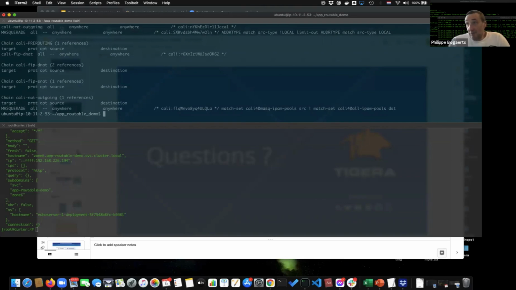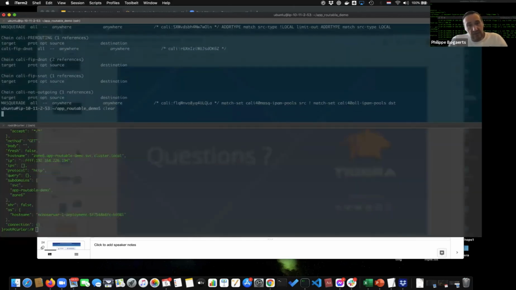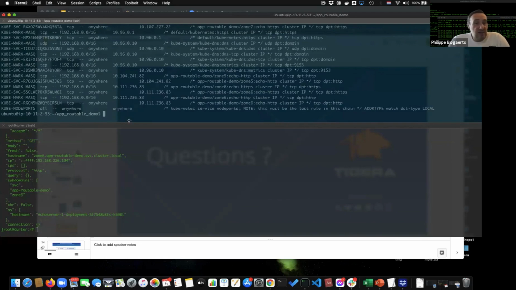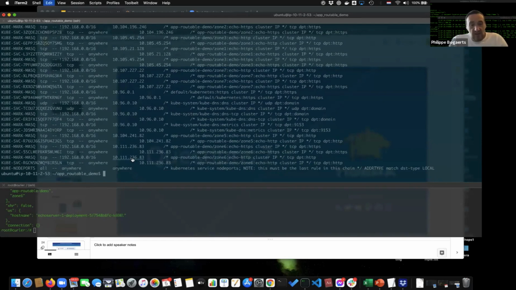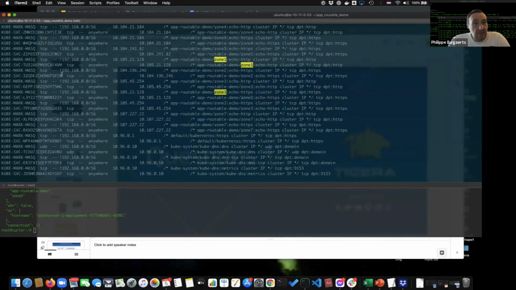But I'll give you a hint. Yeah. So if you execute this one, show me the IP tables list, kube services. Yeah, you can actually see all the services that were just created. Yeah. Let me highlight, for example, zone 1. You can see there are a few rules, but the most important one is this one. You see, if something connects to the service IP address here, yeah,